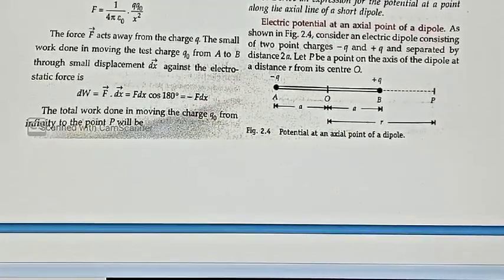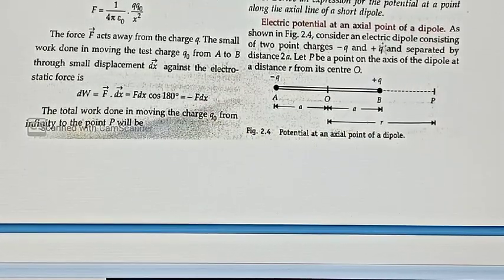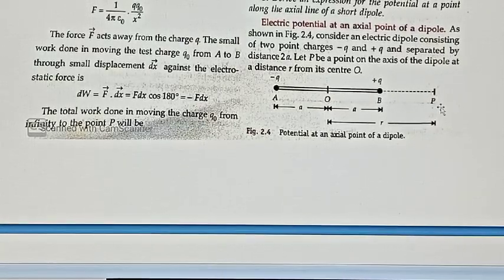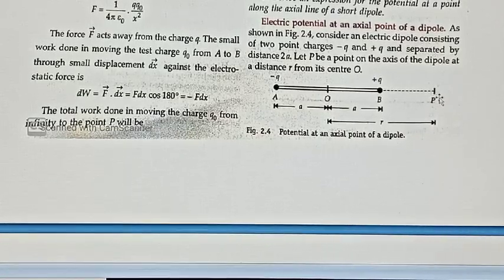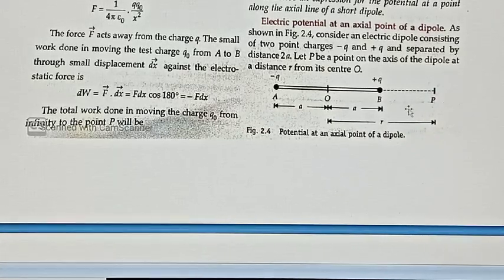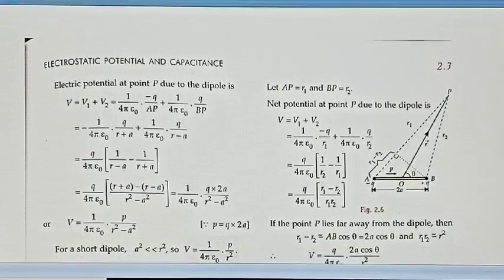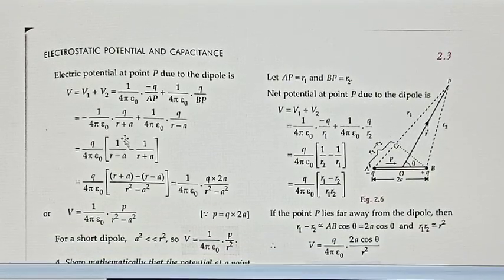Fine. Next is electric potential due to a dipole. So we are considering this dipole of dipole size twice A, and we are finding electric potential at P. The point P is at a distance r from the dipole. Now how to calculate electric potential at P due to the dipole? Potential at P due to the negative charge plus potential at P due to the positive charge. As potential is a scalar, you need not draw the vector diagram. Simply you can put the magnitude.